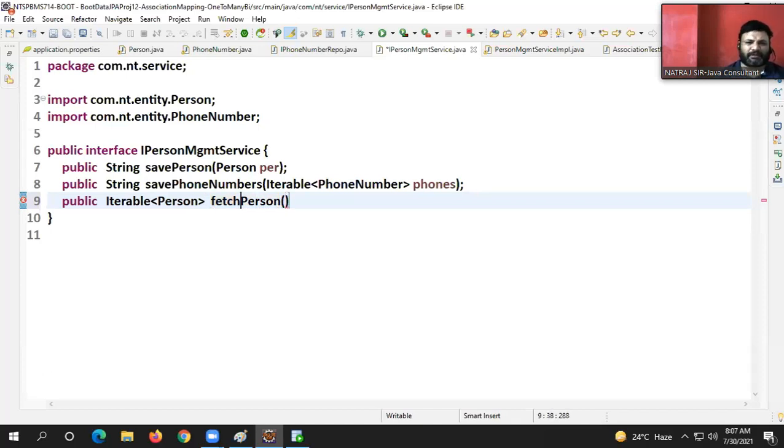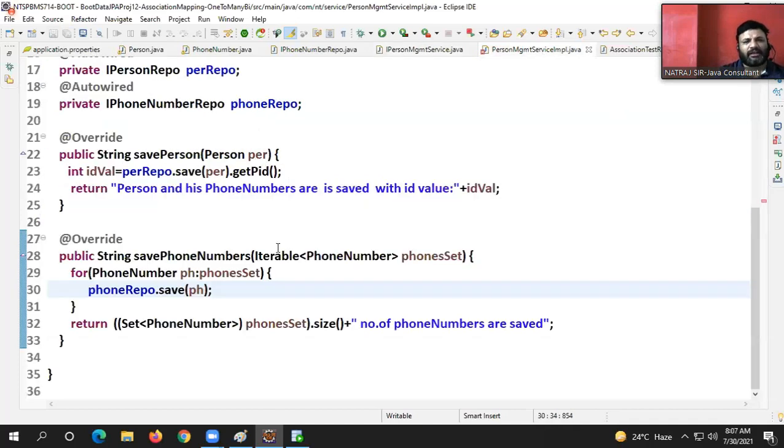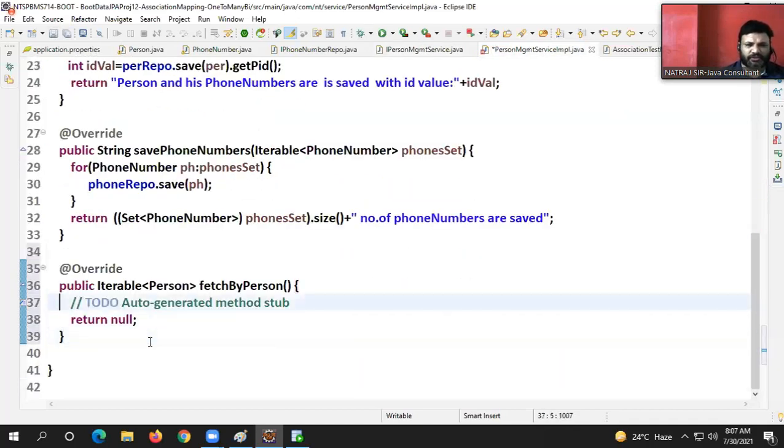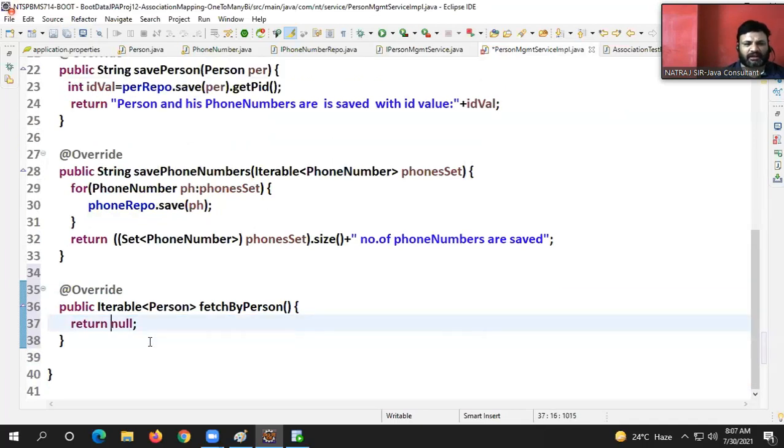Fetch by person. If you are interested, you can apply some condition, but right now I'm interested to get this one. Okay. Fetch by person. Tell me here, what is this? Return